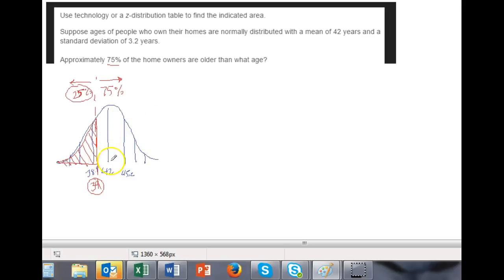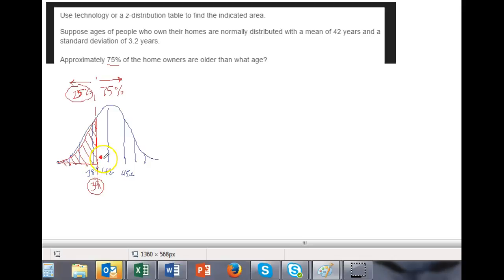Well, the number 39 is some distance below the mean. What distance is that? How do we measure that distance? We could just subtract them and say it's 3 years below, but that's not standard. This is a normal distribution. Instead, we use a measurement called a standard deviation. So we say 1 standard deviation below the mean is 3.2 years below, which is